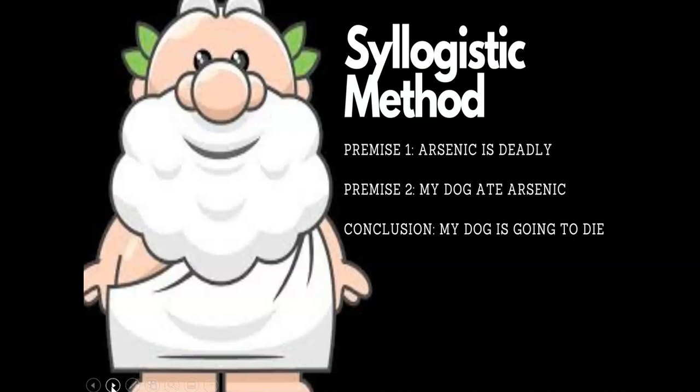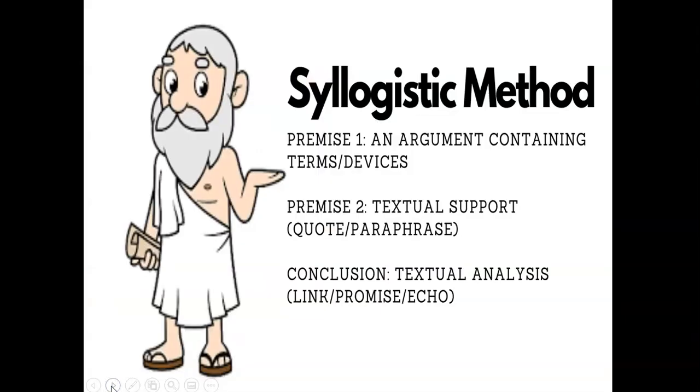So in terms of our purposes of constructing rhetorical analysis, this is what the template is going to look like. Premise 1 is an argument containing the terms and devices. It's always going to be 3 sentences long, no matter the expository mode. So we know on FRQ1, the College Board says 3 times, your argument must be central. I wish they would say that for all 6 FRQs, Lang and Lit, because it's expository writing.